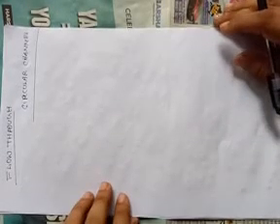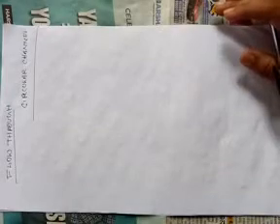Today I will take the topic flow through a circular channel. Already you studied flow through a rectangular channel, trapezoidal channel and triangular channel. Now here you are going to study about the flow through the circular channel. The flow of a liquid through a circular pipe when the level of the liquid in the pipe is below the top of the pipe is classified as an open channel.